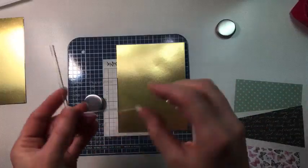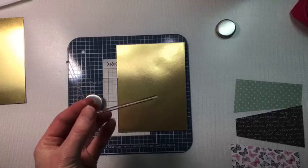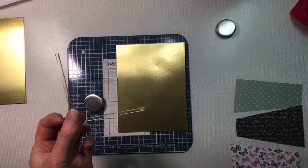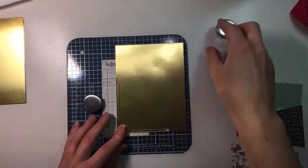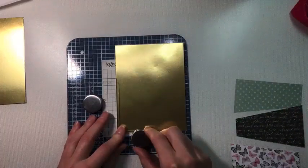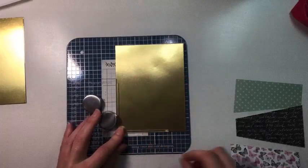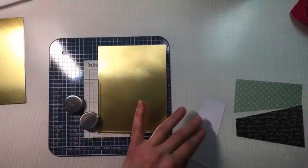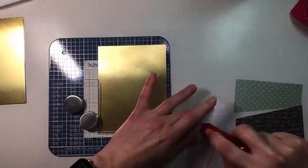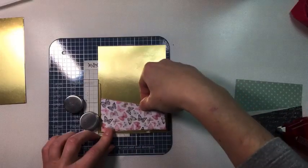Okay, putting in our gold piece. Then we're using our 1/8. My 1/8 and my 1/2 are my most used. Oh, I use 3/8 a lot too on these. I like to put my magnet on top, it holds it still a little bit. And we're going to start with the bottom piece. So we got our butterflies. I'm going to put some adhesive on there. We're going to butt it up in that corner